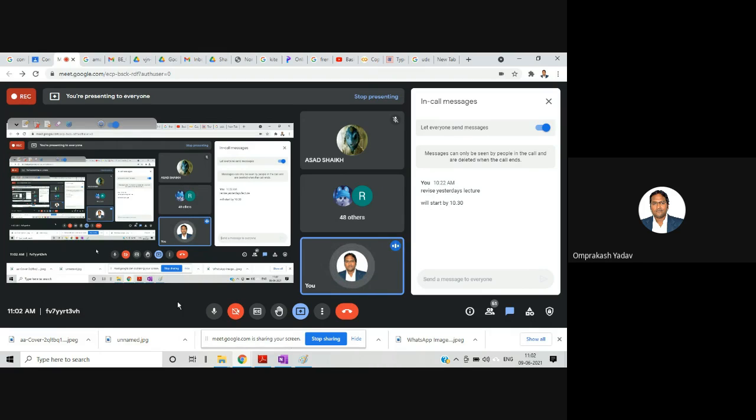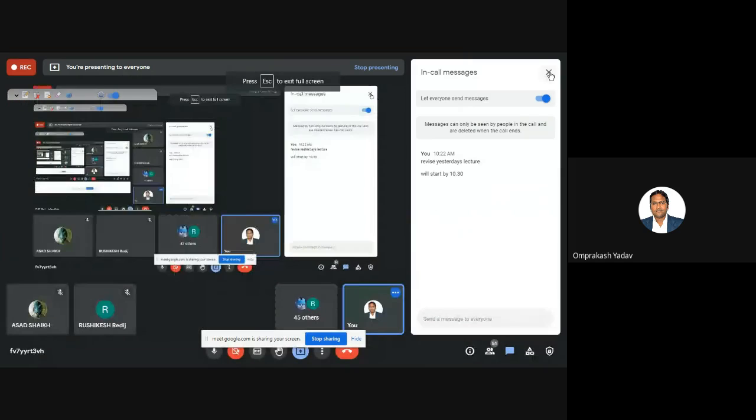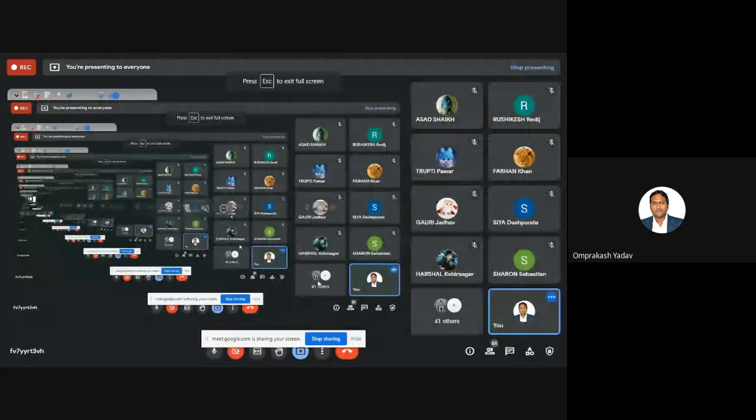So just show me if you have done. You can share your screen so that everybody can see. By the way, what is your name? I'm not able to see who was speaking with me. The structure of this Gmeet has changed, I think, or it's getting hanged. I don't know.